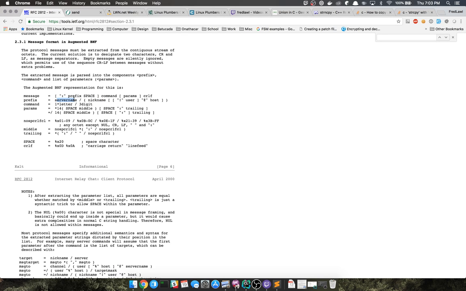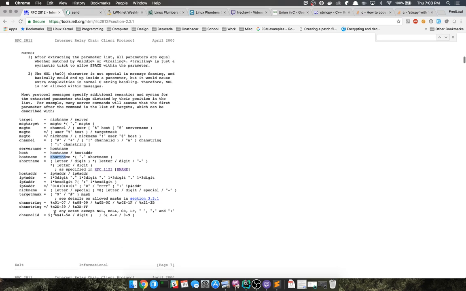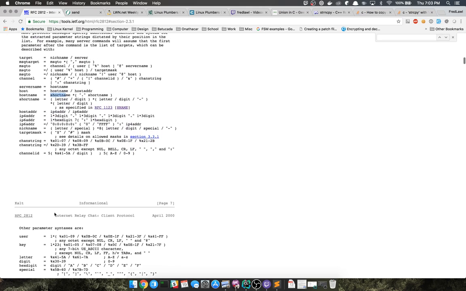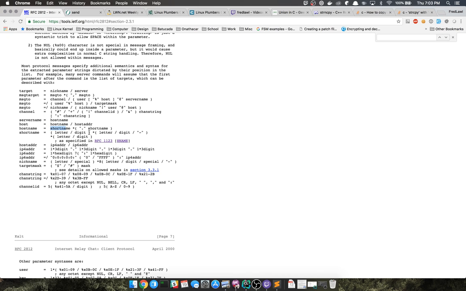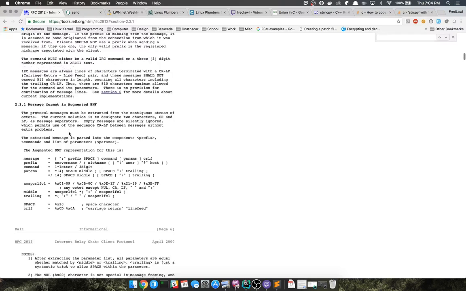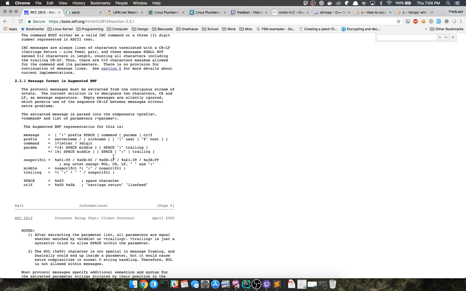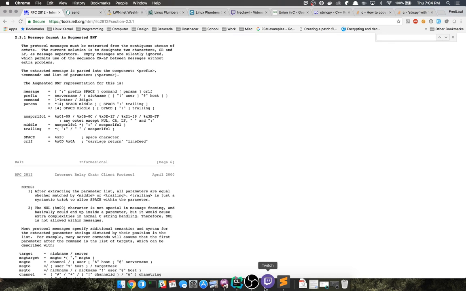So that covers server name, I think. Server name can be host name. Host name can be short name. Short name is not mentioned. Oh, there it is. Letter or digit, or at least one letter or digit, or more of any combination with a dash in between. So yeah, should be good on that. So while not space, cool. So the space will end it. All right, cool. So that's how we know we'll have the prefixes once we get to that end space there.